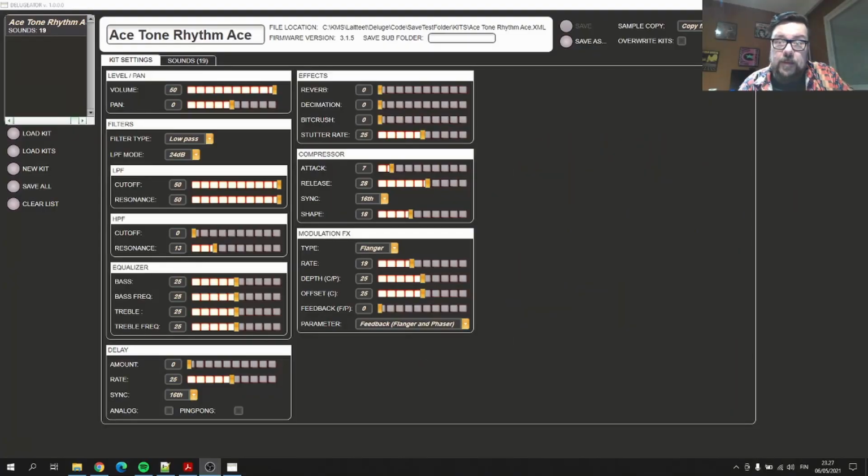And when I got it, I noticed that all these settings files are made with plain text XML. That invoked the programmer in me, so I made this one. This is the Delugeator. As I said, it's a kit editor that shows basically nearly all the parameters that a Deluge drum kit